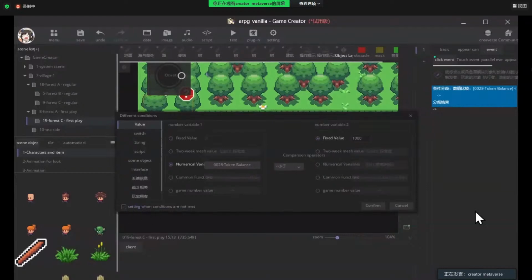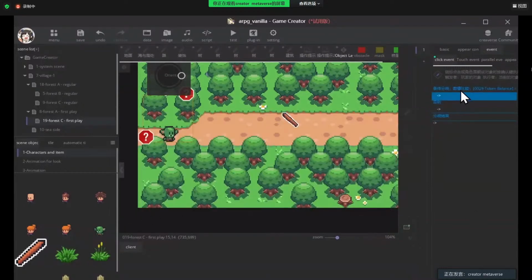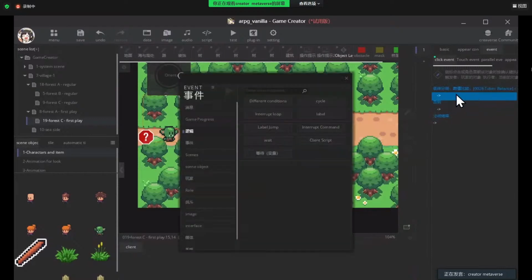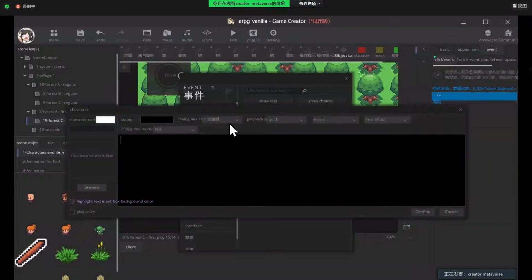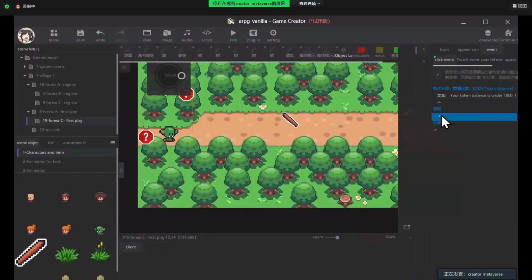It has an else set in there. If the token balance is smaller than 1,000, then pop up a text message, say your token balance is under 1,000, I can't let you go. Confirm.